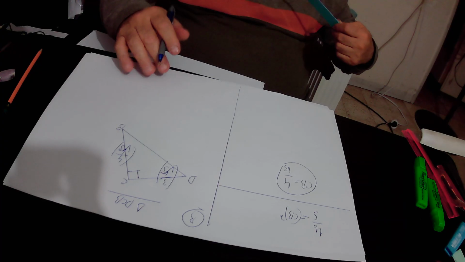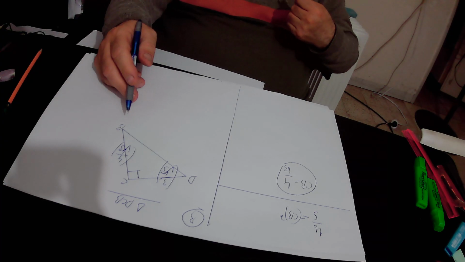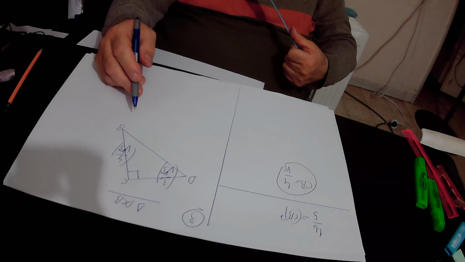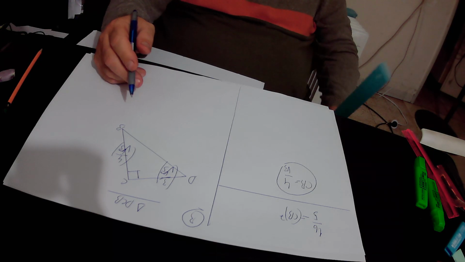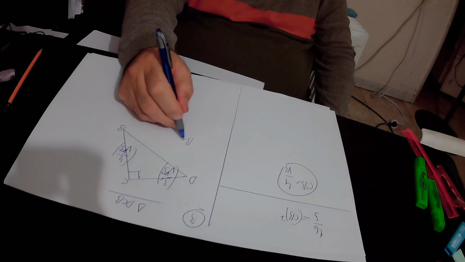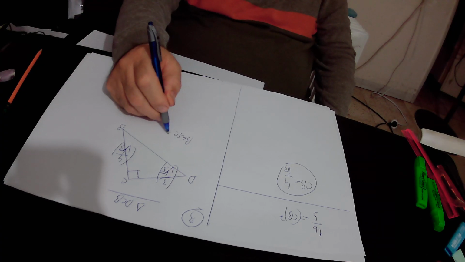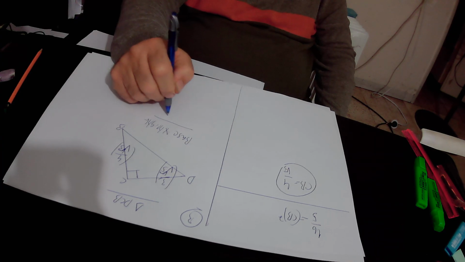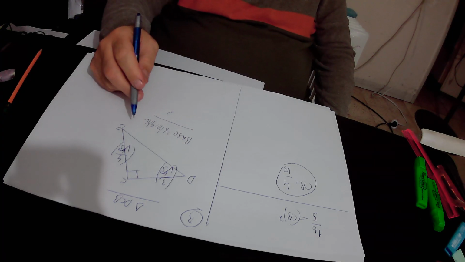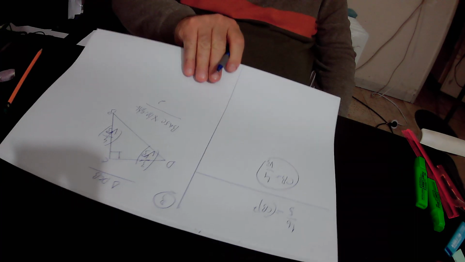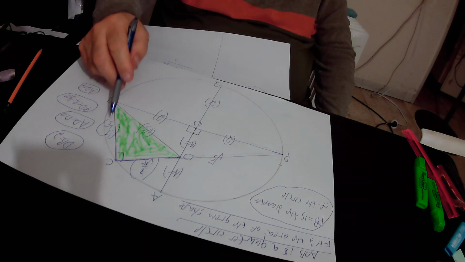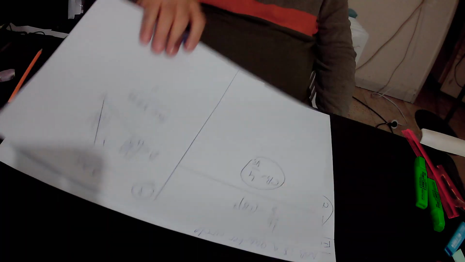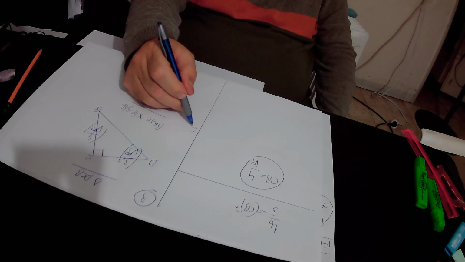Actually, this is the right green triangle DCB that I got from the original drawing. So what is the area of this right triangle DCB? Actually, the area of any triangle equals the base of the triangle times the height to the base over 2. And the area of this right triangle DCB is actually the area of this green shape. Because the area of the green shape is actually the area of the right green triangle DCB. Therefore, we can write down that the area of the green shape